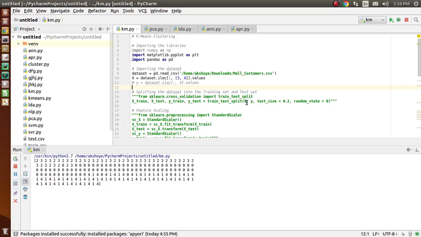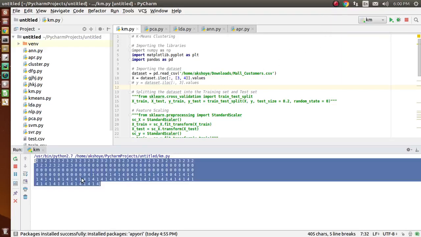After that, we will recalculate the new cluster centers. Finally, we will recalculate the distance between each data point and the newly obtained cluster centers. After that, if no data point is reassigned, then we will stop.